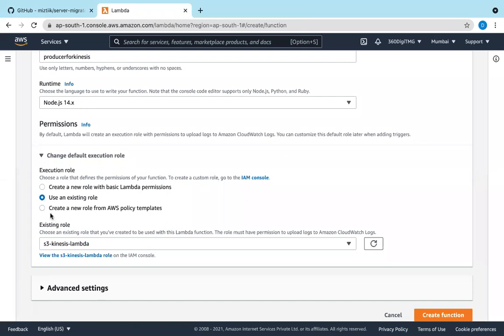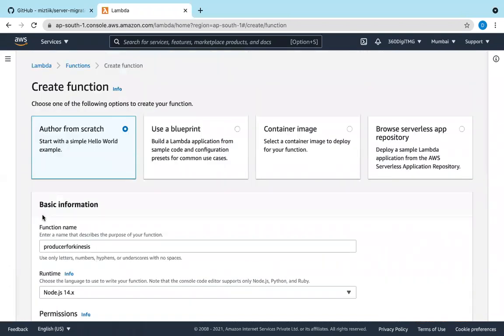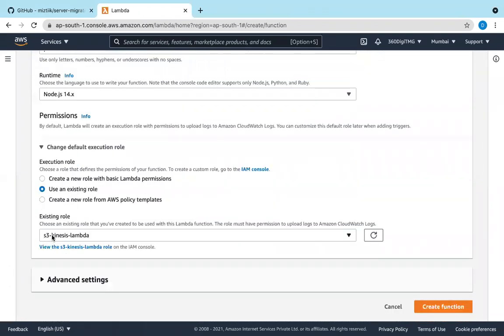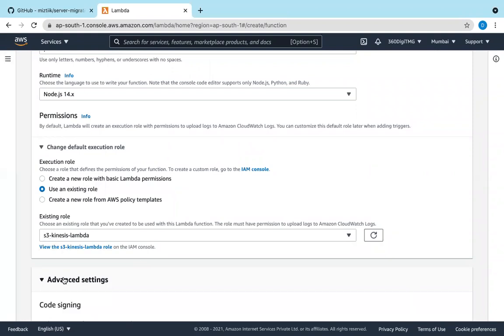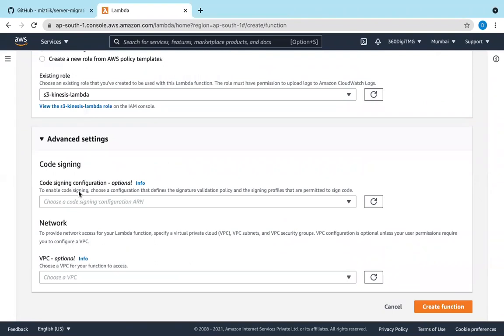That means this particular Lambda function has all three. There are some more advanced settings related to signing configuration and networks. Let's say create function.